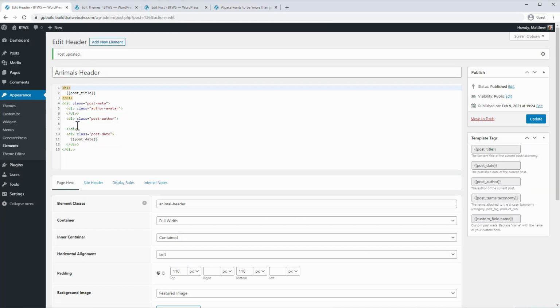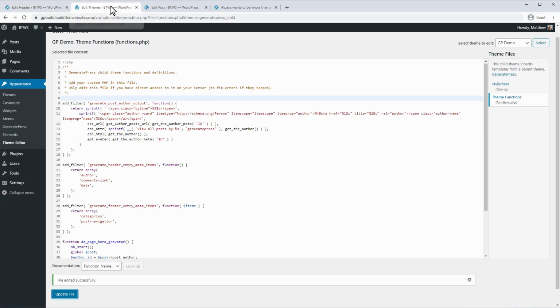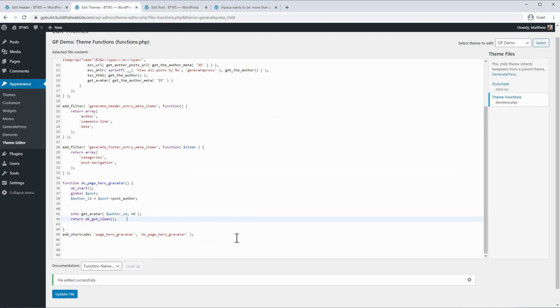So let's go back to our header and we'll put the post author back. And you can't write PHP code inside the header element, but what you can do is use a shortcode. And so I've actually copied a shortcode from the GeneratePress help files, and I'll put it in the video description. And it's simply this: we're just going to create a shortcode, which is called the Page Hero Gravatar shortcode. So if we just copy this,